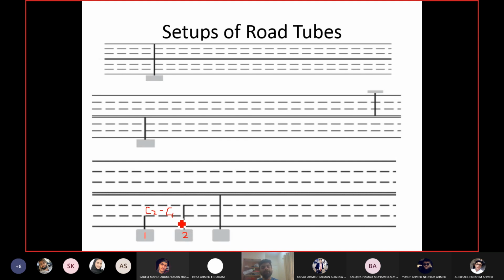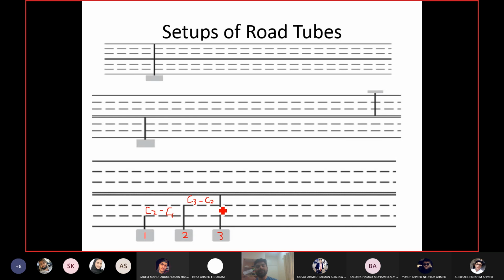Okay. If you want the count for the third lane, then let me call it row tube 3, then you will take the difference of the count of the third row tube minus the count of the second one, right? Because the second one is the aggregate of 2 lanes, right? And the third one is the aggregate of 3 lanes. Okay. So 3 minus 2 will give you the count for the third lane.